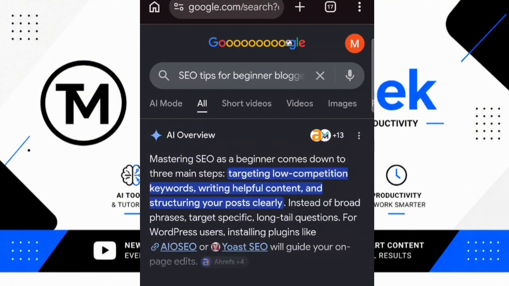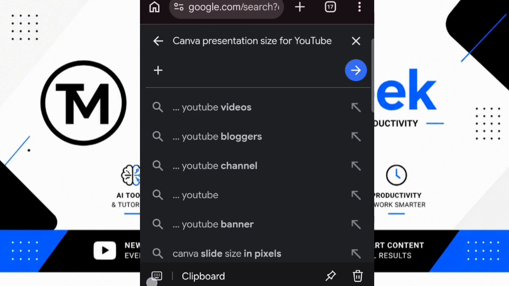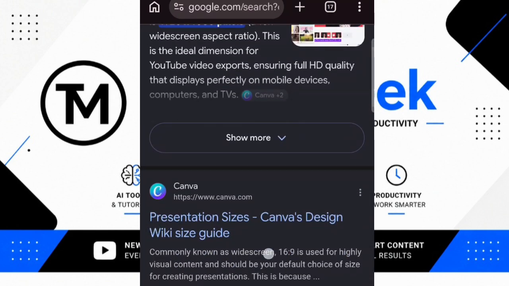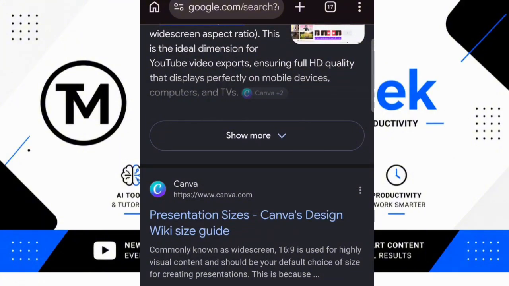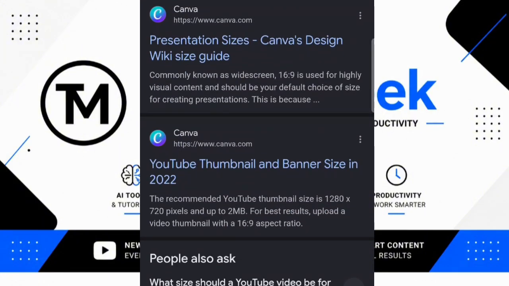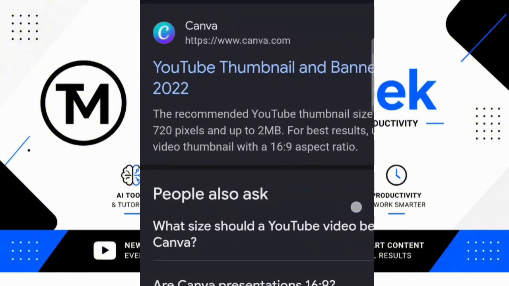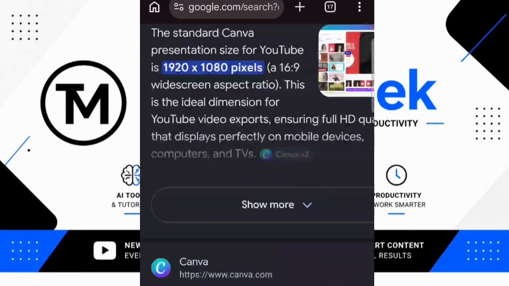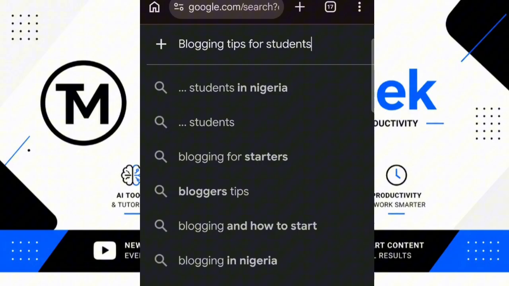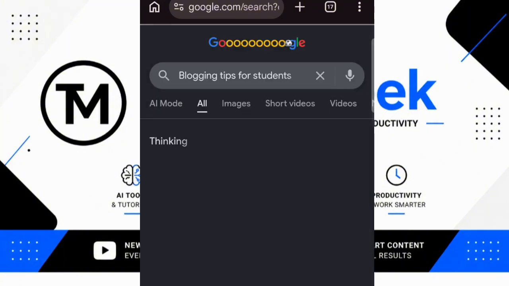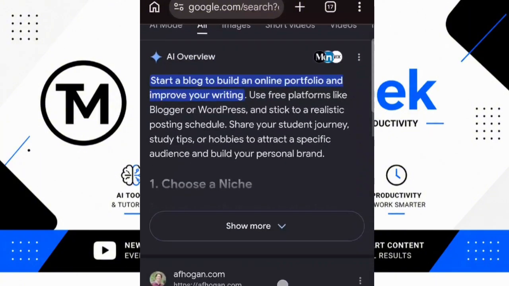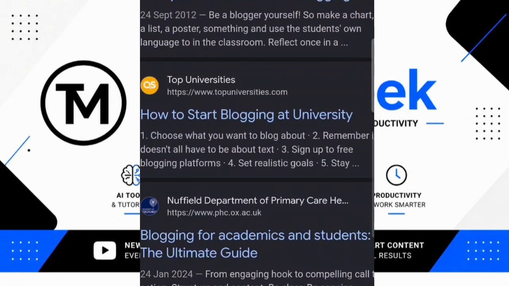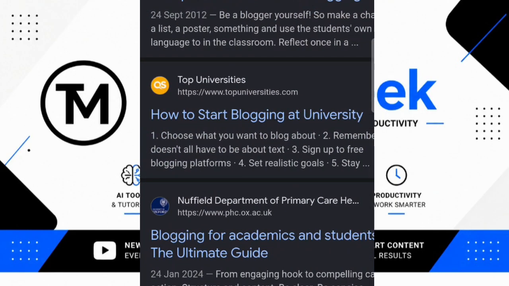Think of Google like a race. If you're driving a small family car against Formula One cars, you're probably not winning. That's what happens when a brand new blog targets huge keywords like SEO, blogging, Canva, weight loss. You're competing against websites that have existed for years with thousands of backlinks and massive authority. That's why beginners struggle. Instead, you should look for specific searches where Google is willing to rank smaller websites.